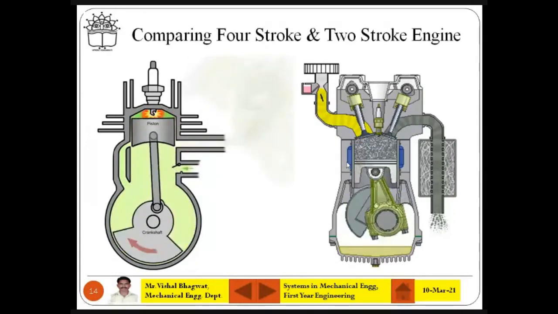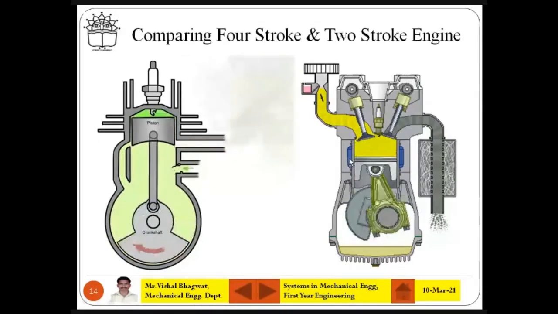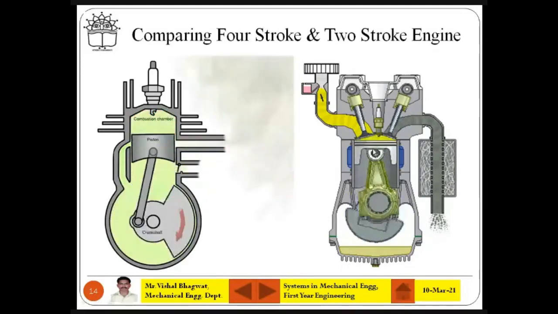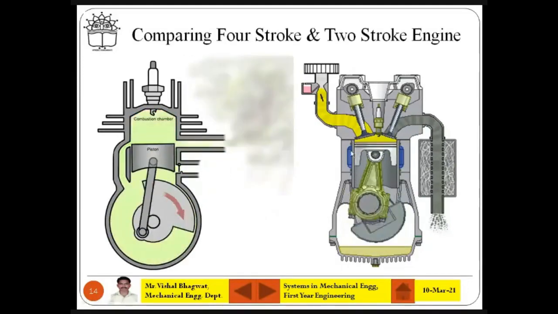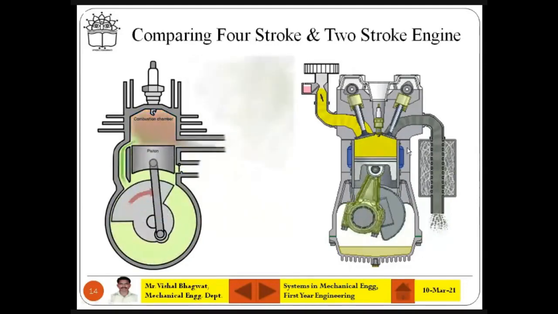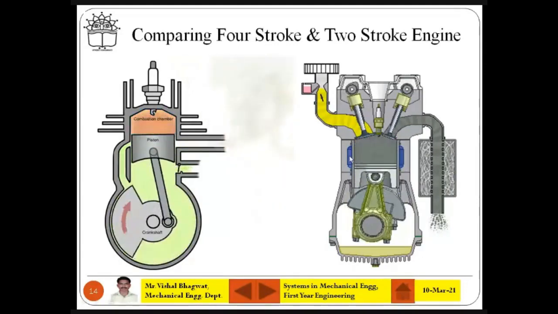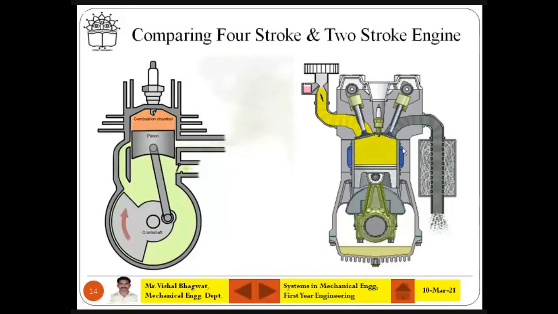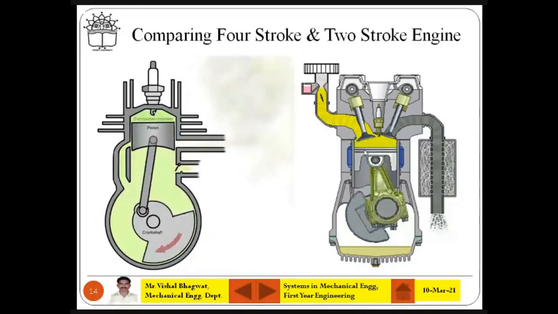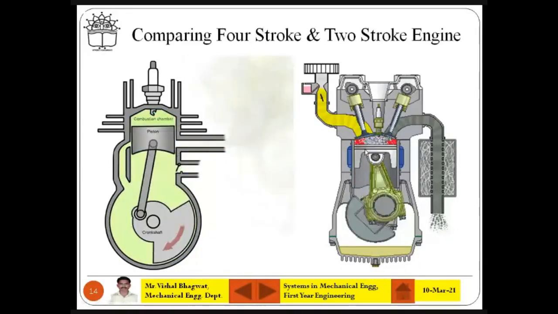So for 4-stroke, you will see higher temperature for all the accessories or all the devices here, all the components. It is heated too much. So you will see there has to be cooling. Can you see the cooling? So here it is the cooling chamber. The blue color, what you can see around the cylinder, there is a cooling requirement.